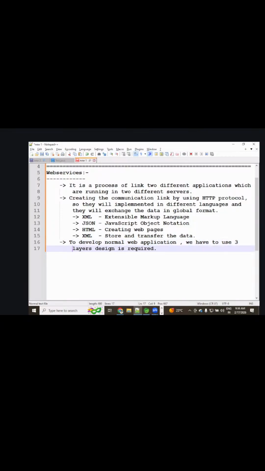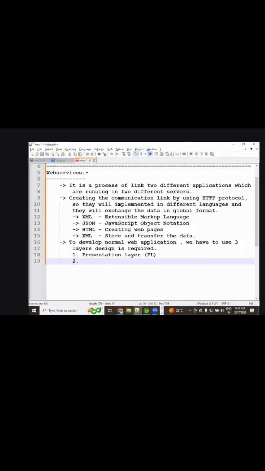What are those three layers? Number one is the presentation layer, shortcut PL.